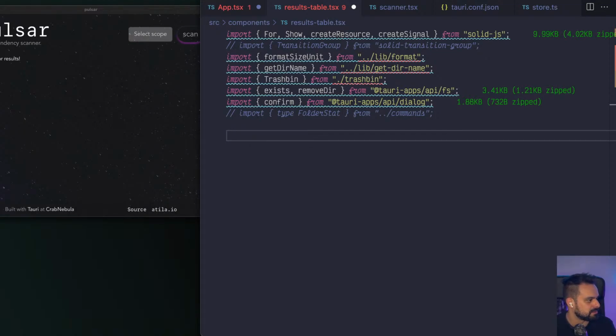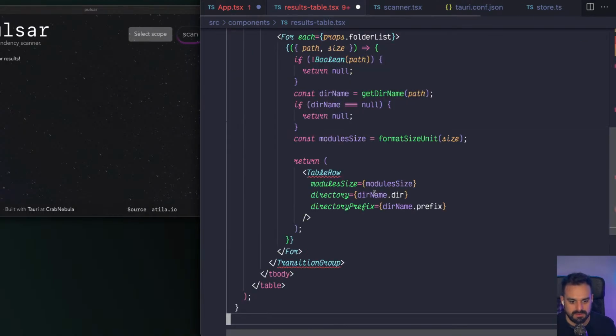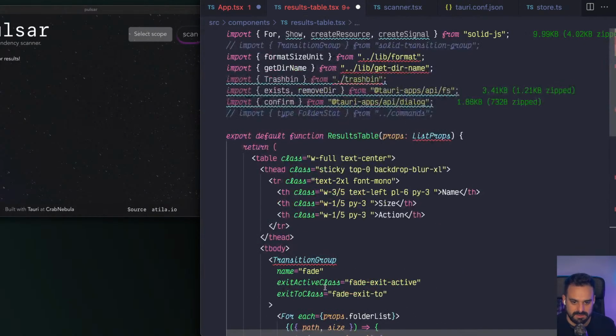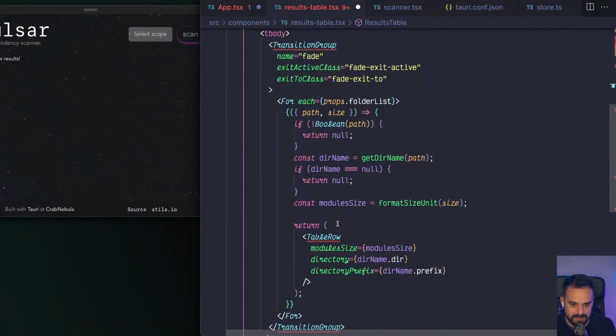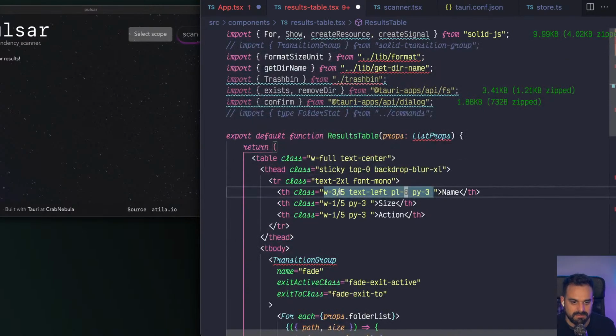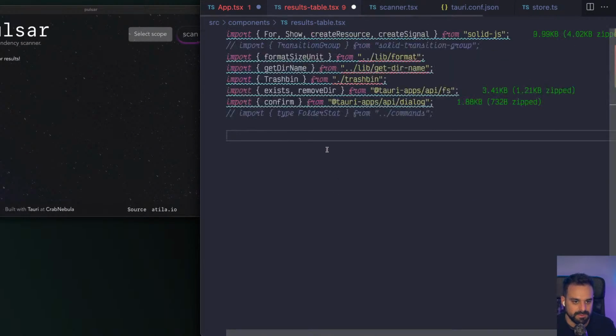Let me see. This, yeah, we need to add some transitions. So let's wrap it up now. It's been an hour and we are ready. So the last thing we're gonna do is then start playing around with a few of the functionalities we have. So for example, we're gonna add